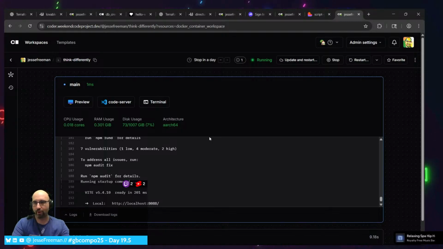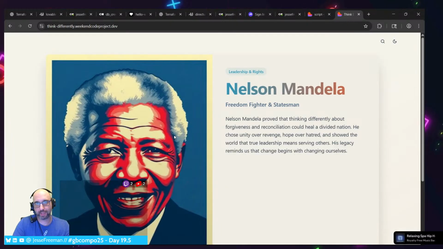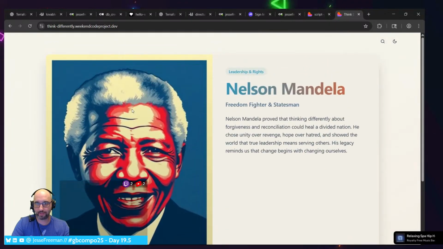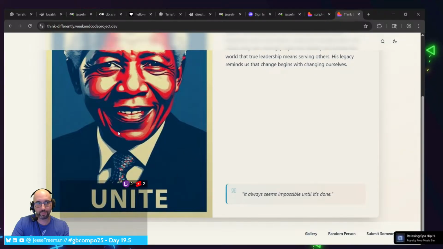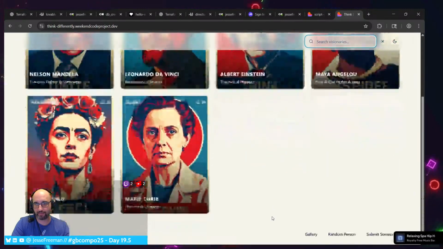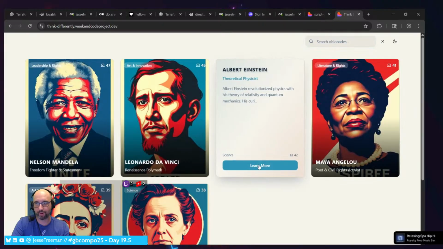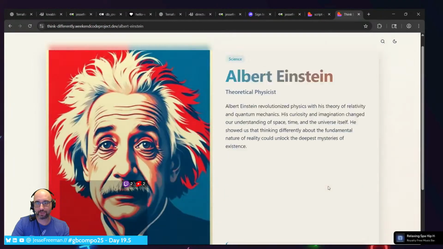So this project was the idea of creating a site that you can just have as your background, a sort of, I was calling it Think Differently. And basically it gives you the information about a certain person. I was going to use the style from the Obama Hope poster and basically just have all these different people so that every day that you come to, like if you just bookmark this, every day you'll just have a